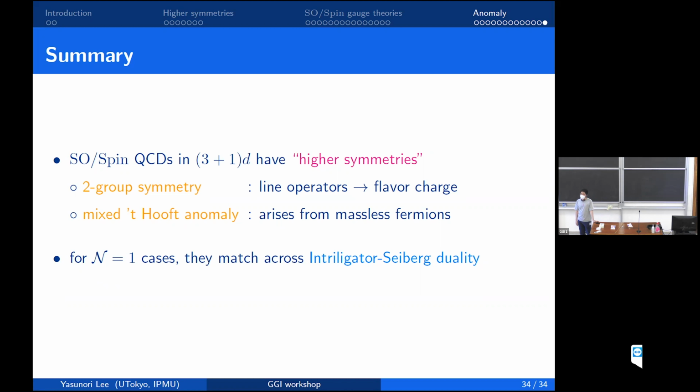Okay, thank you. So do we have more questions? Yes. Go ahead, please. So you didn't explain how these 2-group symmetries act, because if one acts on points, the other acts on lines, and it is not a trivial product. Okay. So where is the catch?